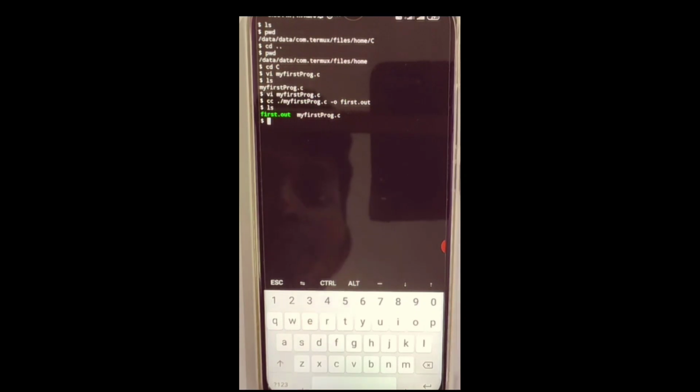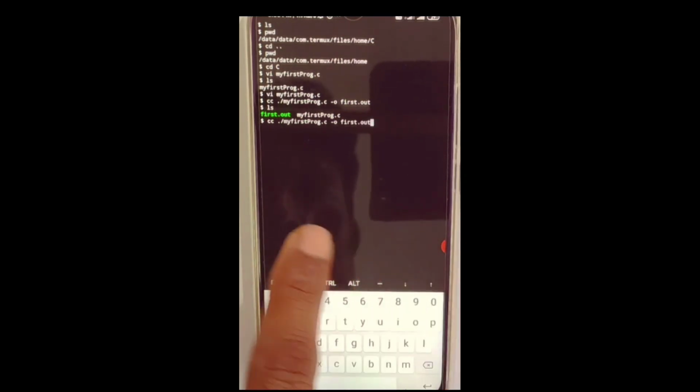If you don't give the output file name with minus o, it will not be a problem, but automatically it will make a dot out always. Suppose you are compiling two or three programs, then the earlier outputs will be replaced and just the last one will be saved as a dot out. It is better to specify a file name.